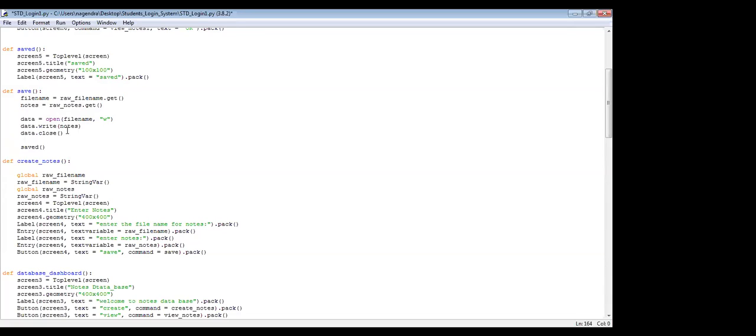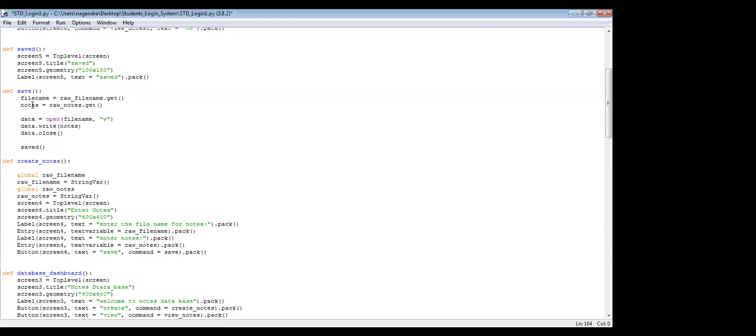And in fact, in this save, there is no window involved. Why? We are on this window now, right? When you press save, it is on this particular window only, right? Then we need not open a separate window for save, because the save button is already there on this window. But when you press save, something needs to happen. What is that? A particular file needs to be opened, and whatever content is entered from here, the notes, that entry needs to be made here actually.